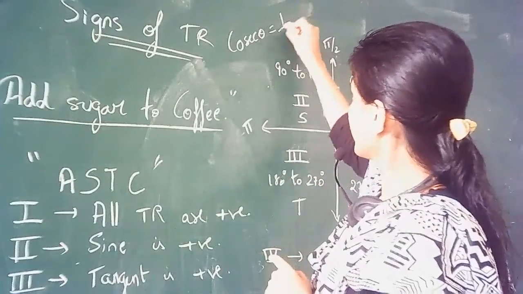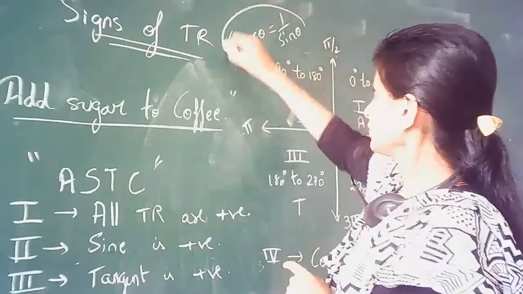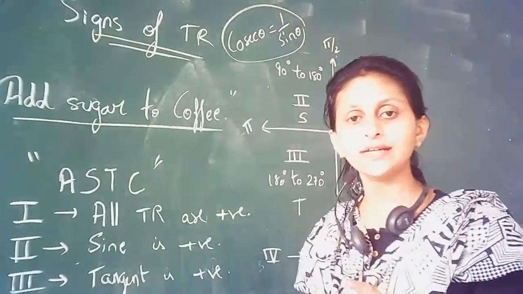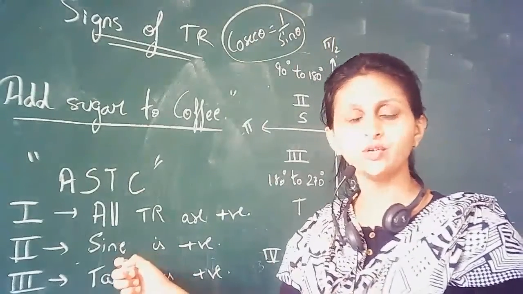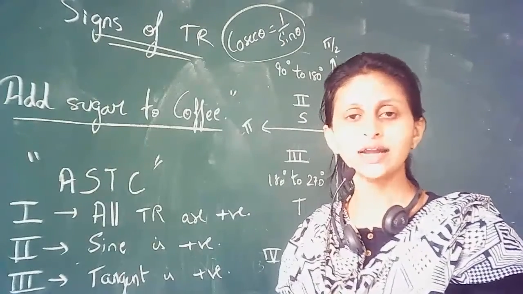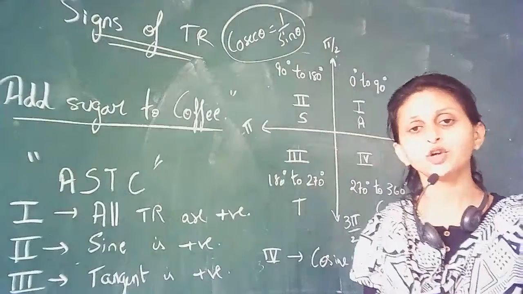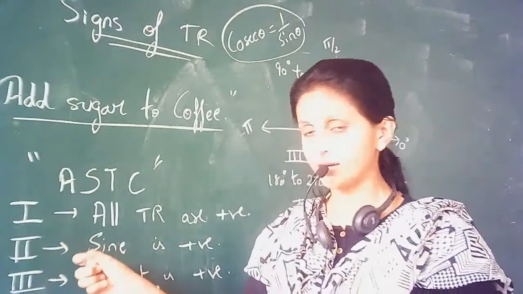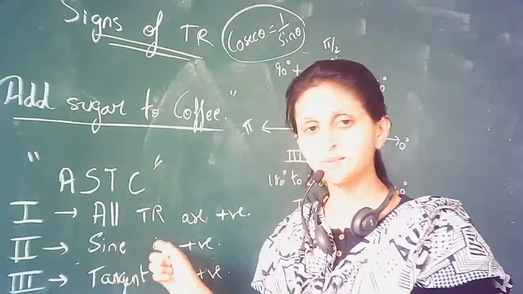Cosec theta is nothing but 1 over sin theta, right? Cosec theta is reciprocal of sin theta. So if sin is positive, then of course cosec theta will also be positive. It is obvious, right? Since cosec theta is reciprocal of sin theta, in second quadrant, if I am saying that sin theta is positive, of